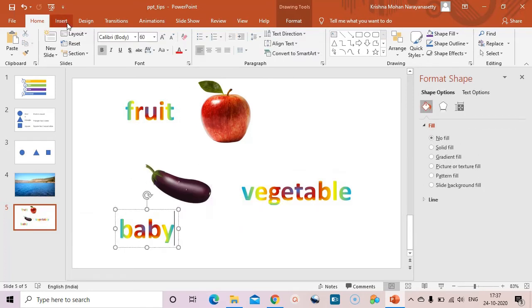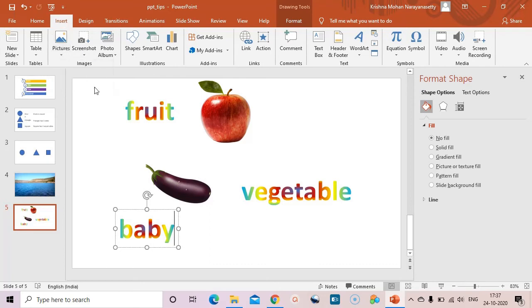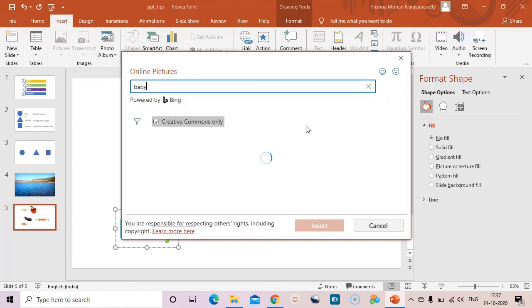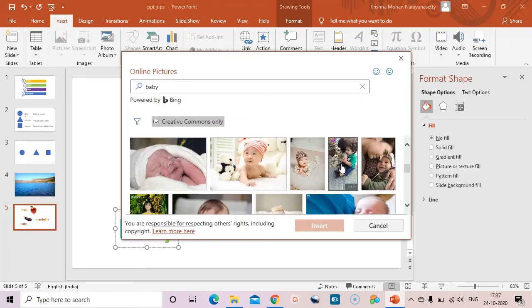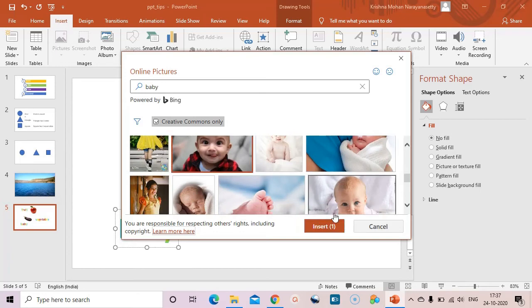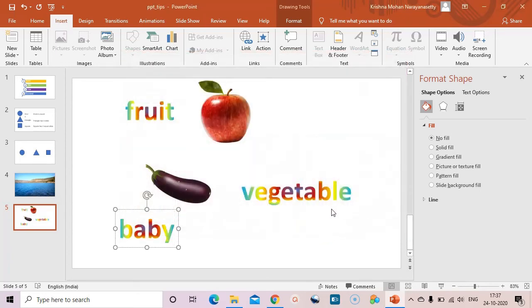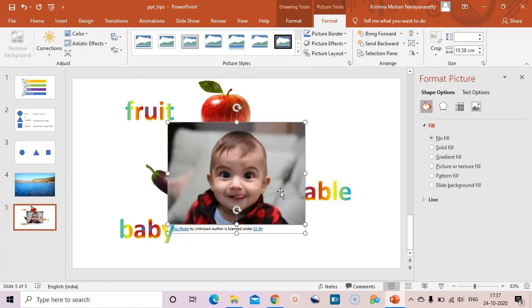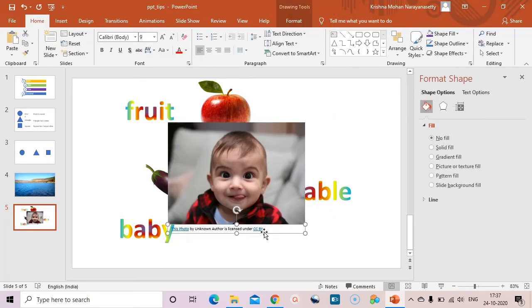And let us insert a baby picture. Online picture, baby. I'm searching, and then I'm choosing any one baby. Okay, it is downloading. It's a big one, right? Let me remove this text.